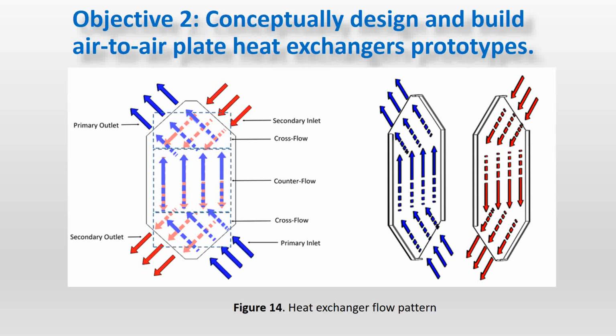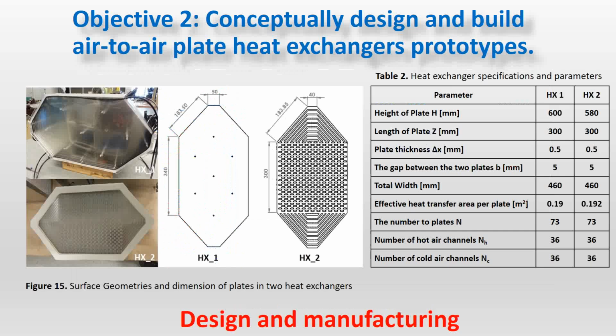So that's what happened. The red is going to be for the dry channel. The blue is for the wet channel, and we start to build the things. So at the first part, the HRV system, as we mentioned earlier, we're going to have 2 different surfaces, the dimpled one and the flat surface. Of course, the dimpled one is going to be considered a high turbulence surface. The other one is a laminar flow surface. We made the mold, we did the thermoforming for the faces, we built the heat exchanger.